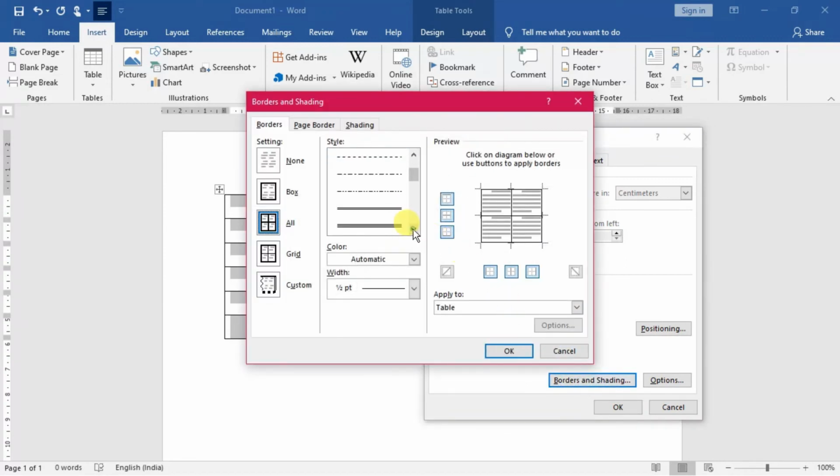First of all, you have to select the type of the border you want. Suppose this type I want. Then you can select what kind of border you want from here. Okay, if you want all borders, you can go for all. Okay, you can click over here. There are different options, or just outline.